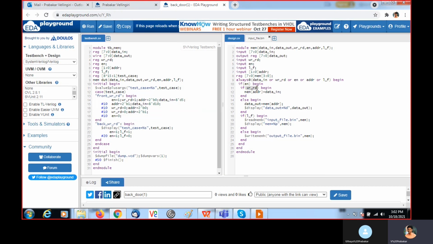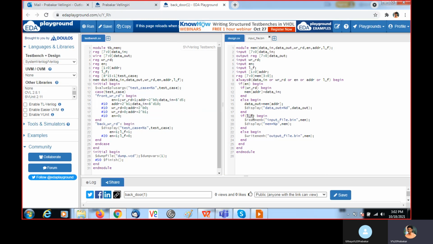If this bit is 1, I am going to perform a write operation, that is, data_in will be stored to mem at the given address. Else, I am going to perform a read operation: mem[address], we pass the address in this location, and whatever value is present in that location will be assigned to data_out. Then I am going to display this data_out.